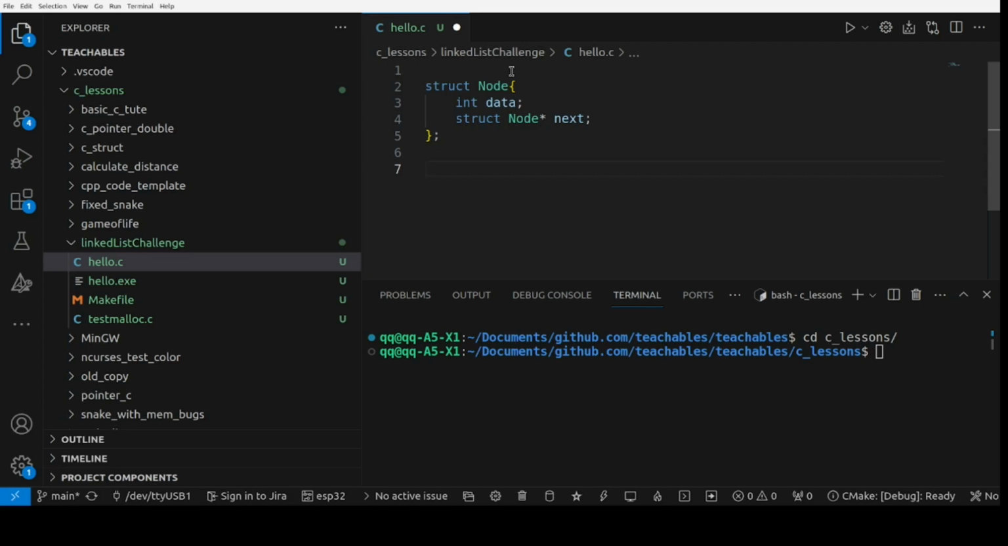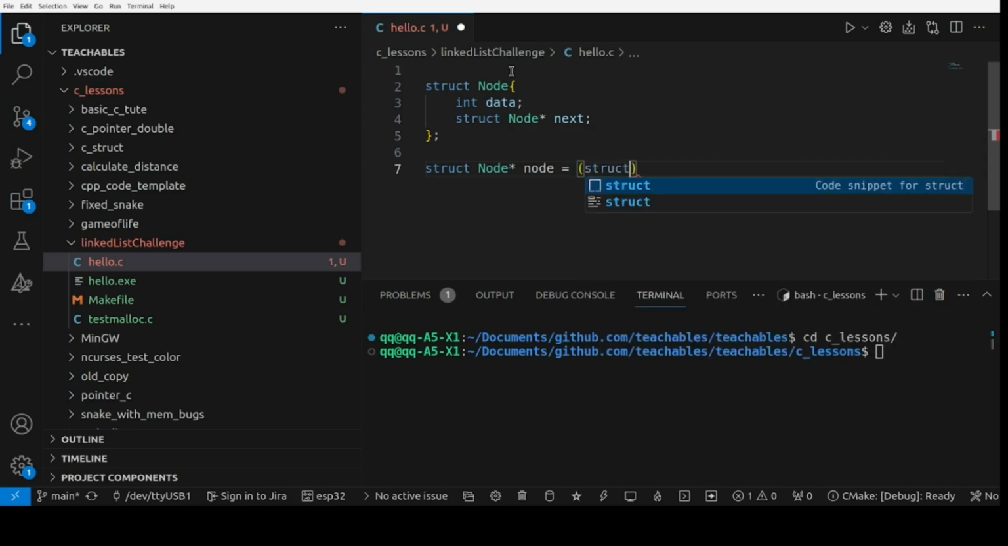Let's create a node, struct node, call it node. Okay, equals. Oh, it's a node pointer. And allocate some space for it, so the size of a struct node. Now if you're on this step, you'll notice that your memory allocation function doesn't exist, so we'll need